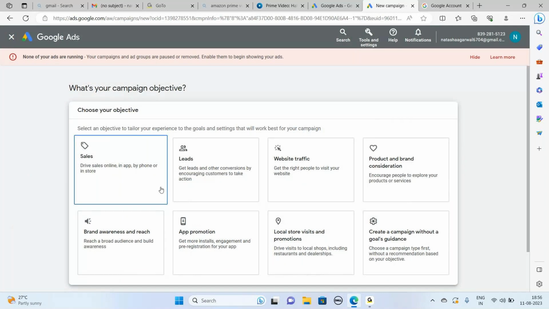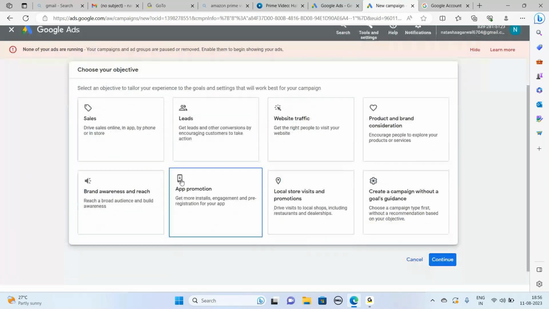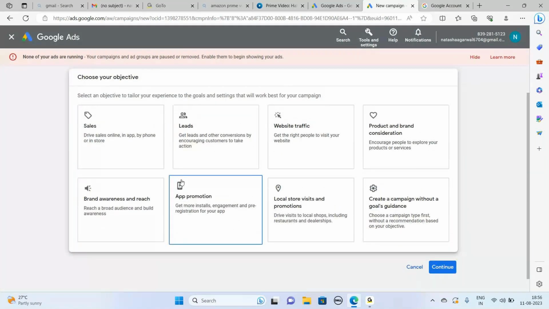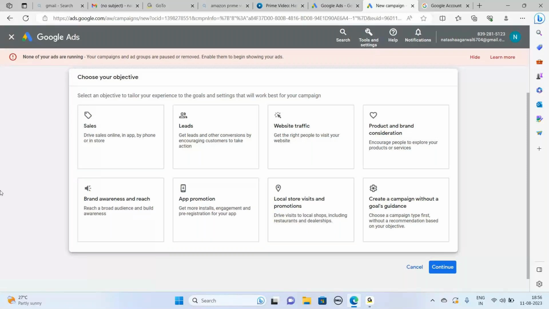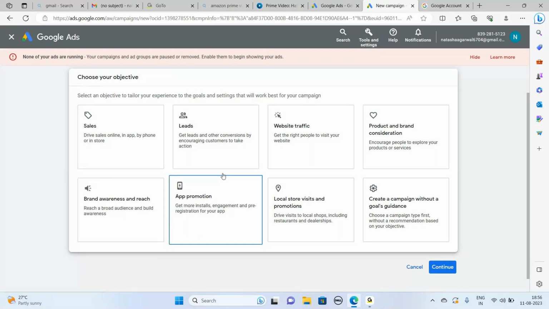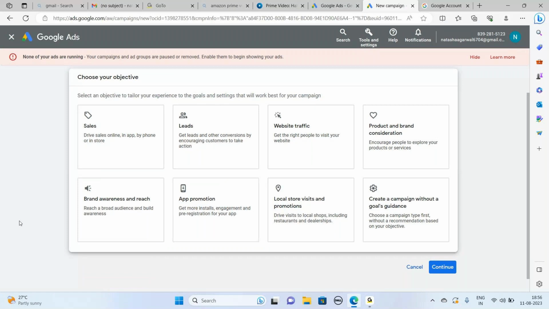So now you are going to see all these goals or objectives. What is your intention of creating your Google ads? The objectives are given over here. Is your intention to get sales? If it is sales, you can choose sales.